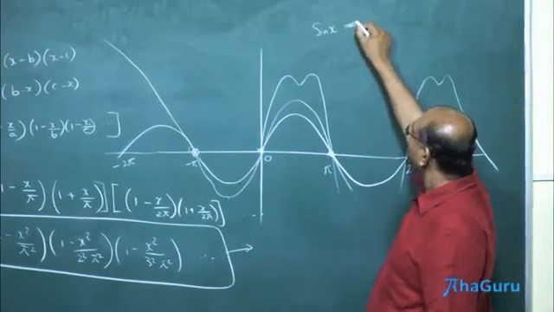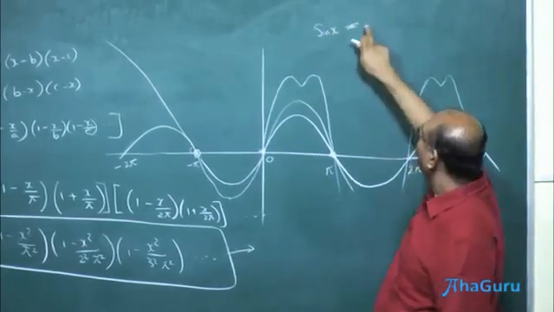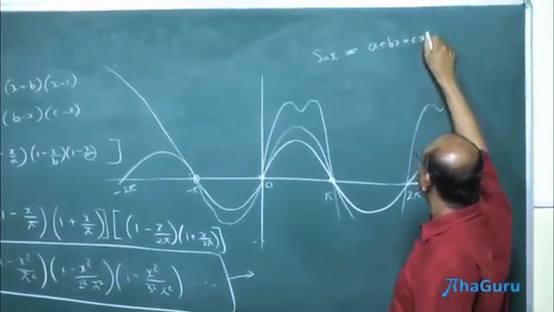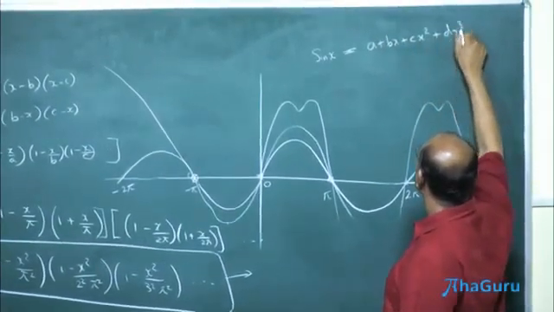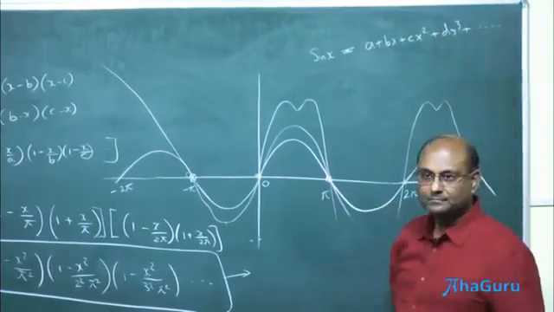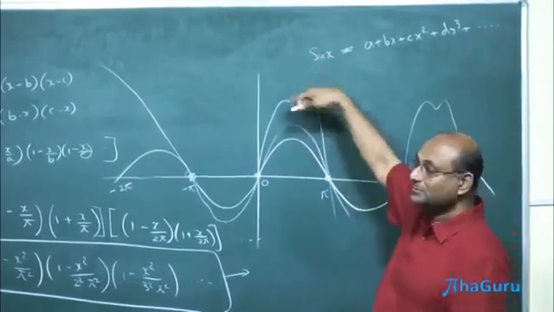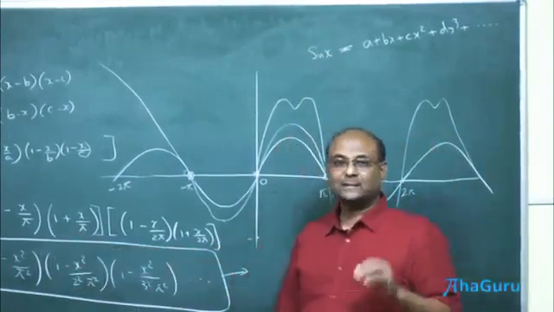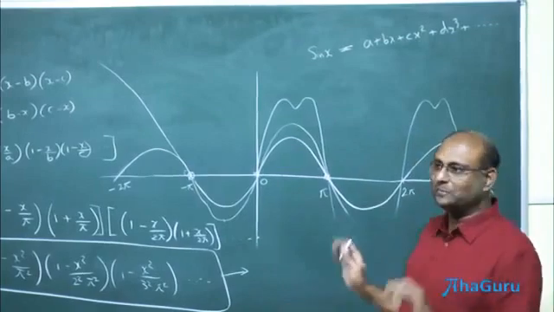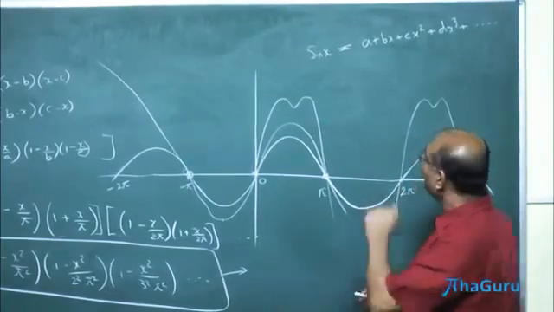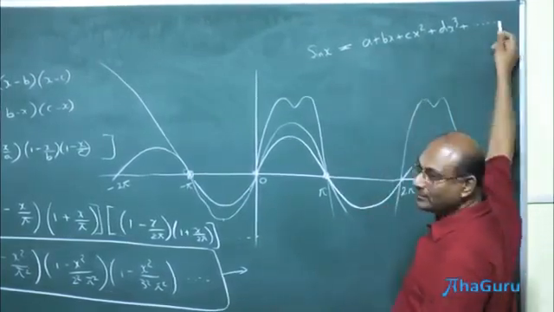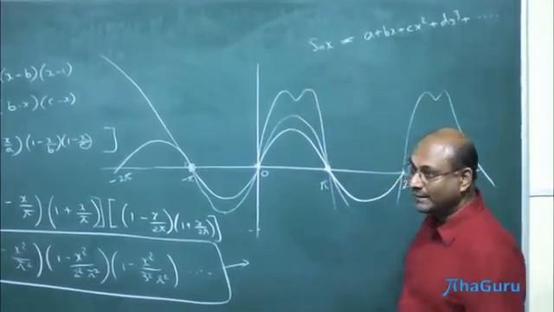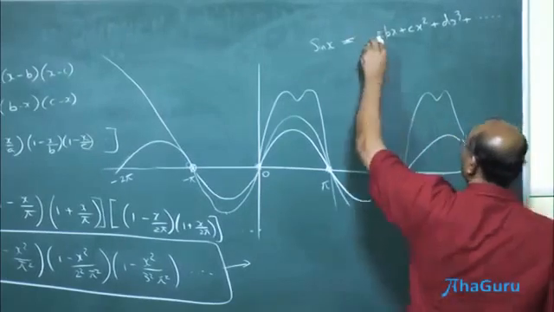Suppose it was at 0, right? So if I write this as a plus bx plus cx square plus dx cube, let's assume this was actually like a polynomial. Well, we're making that kind of an assumption here, right? Except it's not a regular polynomial, it's an infinite series, so you shouldn't be calling it a polynomial. So if I look at this, at x is 0, all this will be 0. So what should a be? If this is true, a has to be 0. So okay, let's get rid of a.